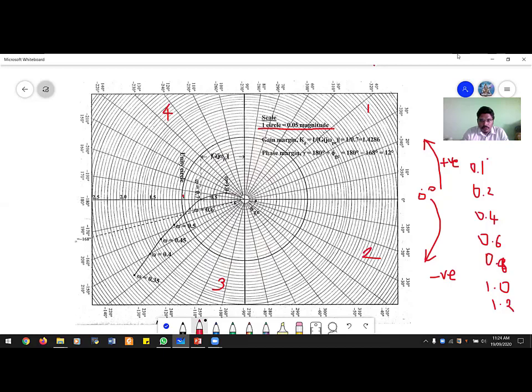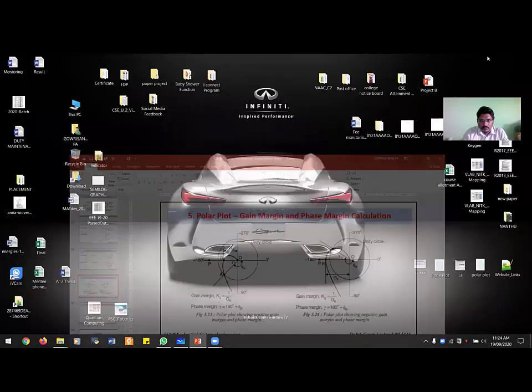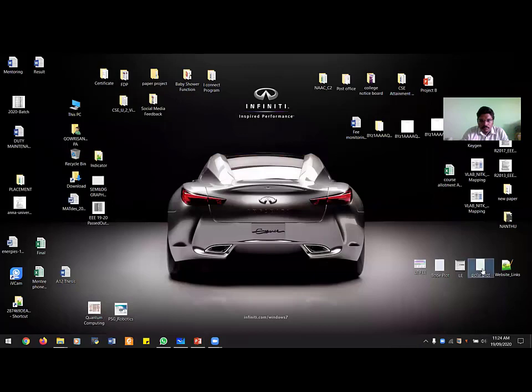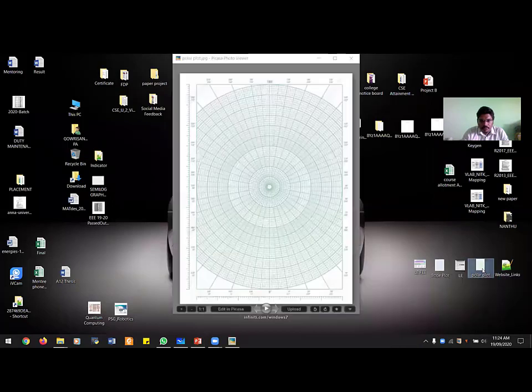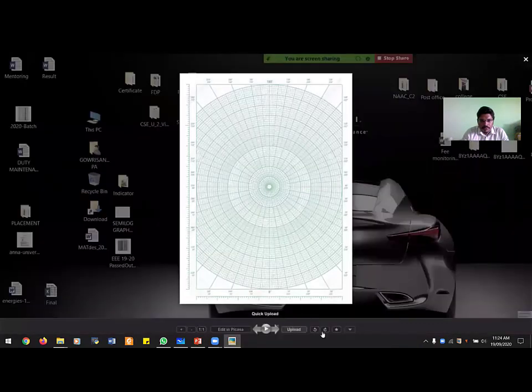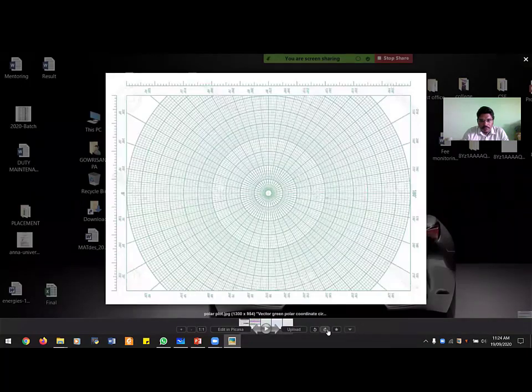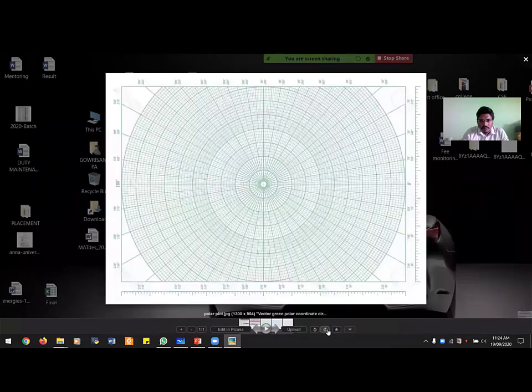Okay. So usually what a polar plot looks like, I will show you. So this is your graph sheet. This is how your graph sheet will be. This graph sheet, you have to tilt from portrait to landscape. So when you tilt it,